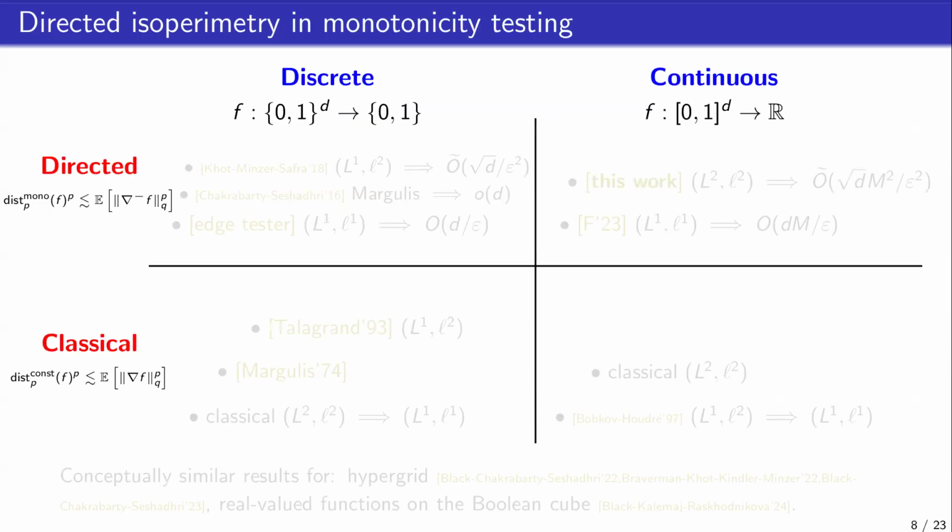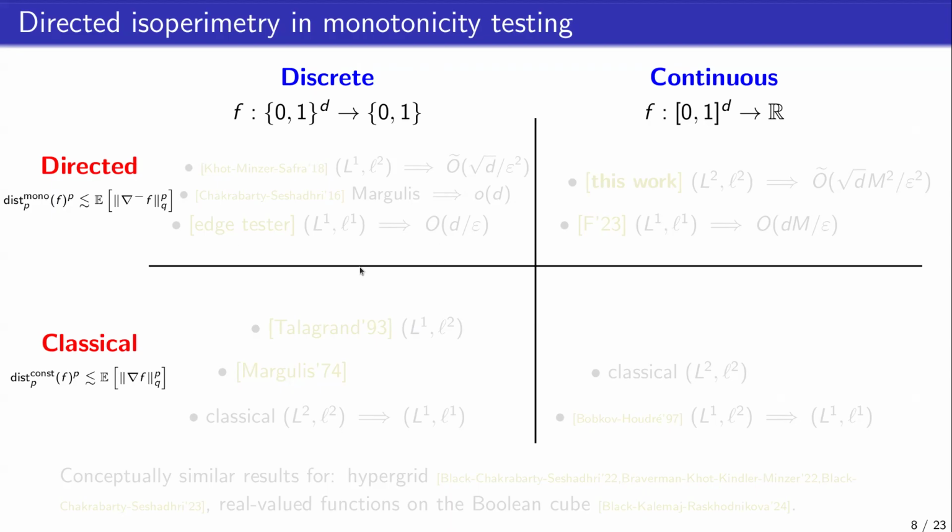All right, so with this language in place, I'm going to use this map here to do two things. First, convince you that this connection between isoperimetry and monotonicity is very intriguing and very rich. And second, by showing you this landscape, I want to help you understand where this particular paper that I'm presenting is placed and why it helps us understand this landscape. So the way to read this map is: the columns in blue. On the left, I have a discrete column where I'm only talking about the Boolean world. And on the right-hand side, I have the continuous world where I'm talking about the continuous setting in the solid cube with real-valued functions.